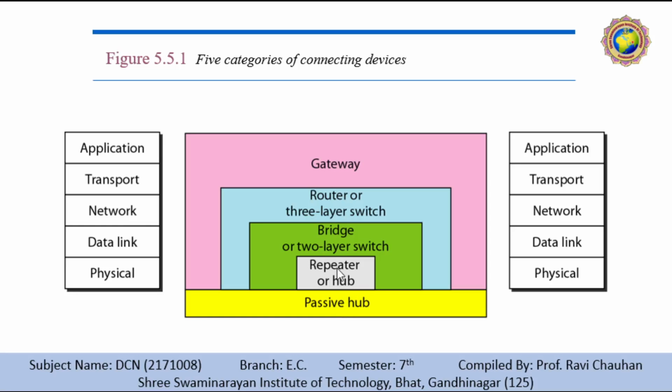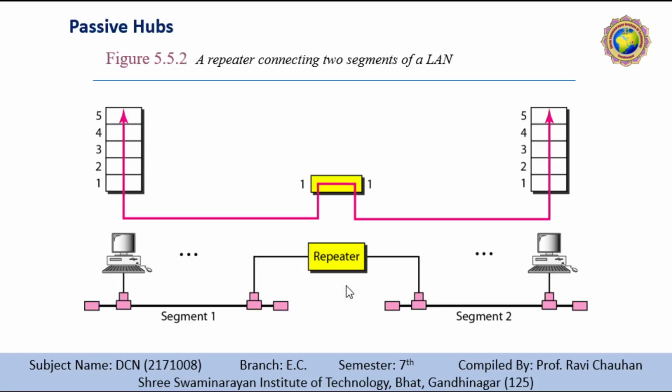Next is the repeater or active hub. A repeater is a device that operates only at the physical layer. Signals that carry information within the network can travel a fixed distance before attenuation endangers the integrity of the data. A repeater receives a signal and, before it becomes too weak or corrupted, regenerates the original bit pattern. So no data loss can occur.